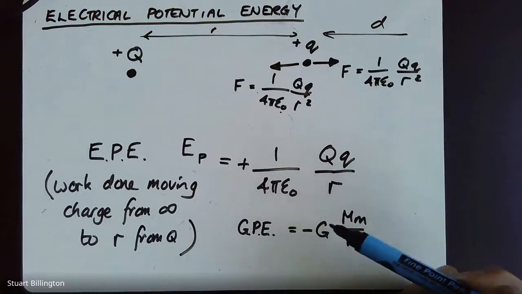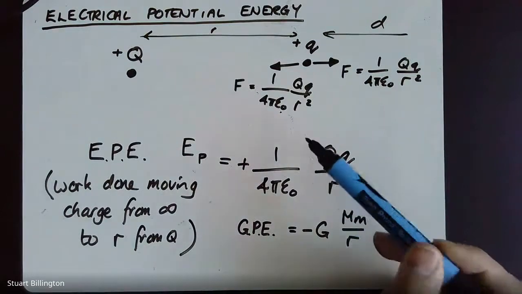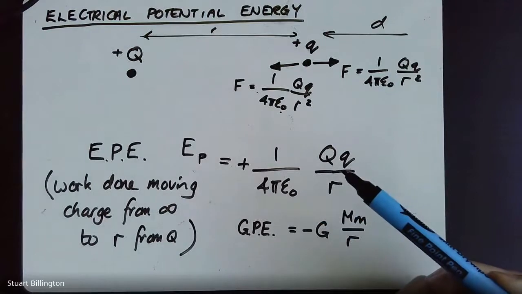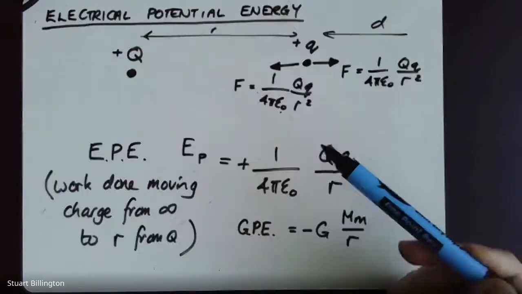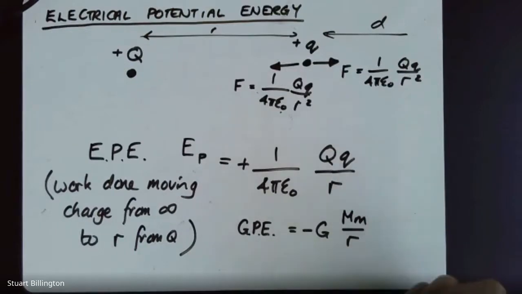It's just the gravitational potential energy formula can only represent an attractive force, but the electric potential energy can represent an attractive or a repulsive force. So it's negative when it's attractive, and it's positive when it's repulsive. Okay. That's your formula for the amount of work done required to move a charge from an infinite distance away